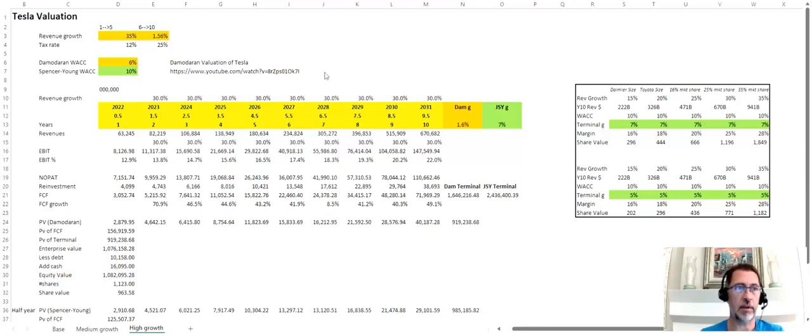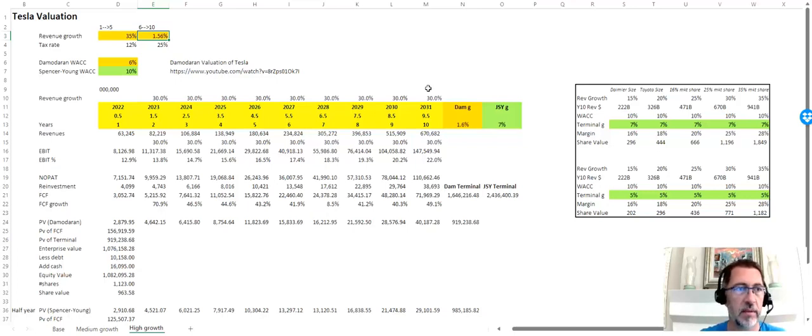So let's dive in. Let's start up here in the top left-hand corner, revenue growth. This is data that Professor Damodaran uses, suggesting 35% revenue growth for the first 5 years, and then declining revenue growth towards 1.56 percentage points in year 10 of the forecast. Go and watch the video and he will explain why he declines to 1.56.